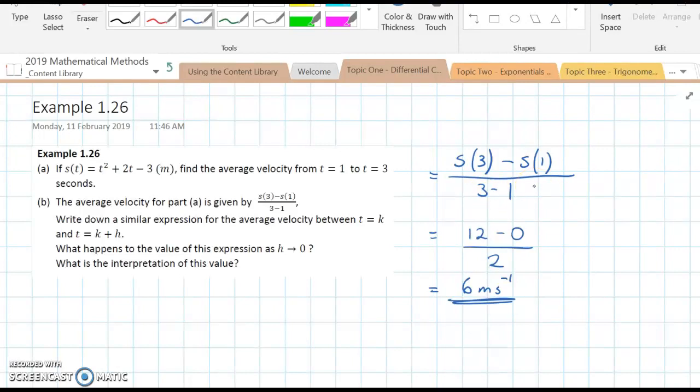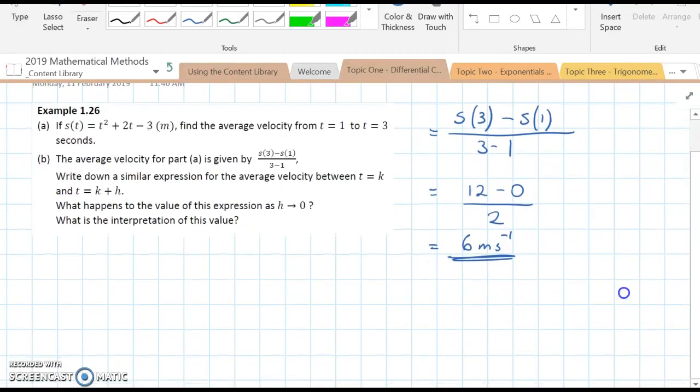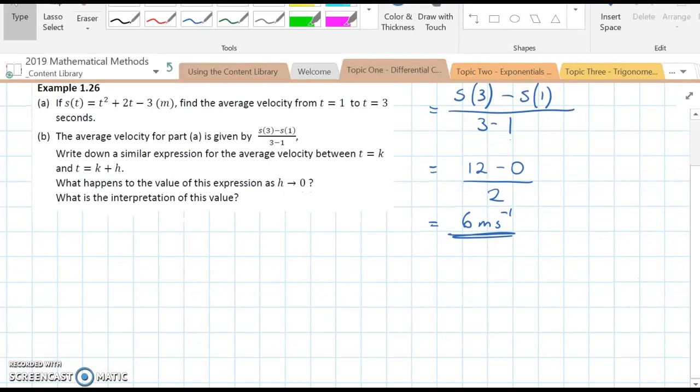In part B, where you're looking at finding average velocity given by that function, write a similar expression for the average velocity between t equals k and k plus h. So what we're doing here is the concept of first principles. So we're identifying that we substitute k in for some random value and k plus h, and we want h to approach 0. We're finding the instantaneous velocity rather than the average velocity. So an expression, or in this case an equation, for the instantaneous velocity